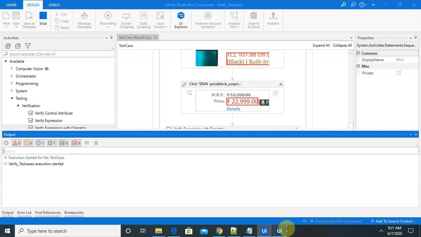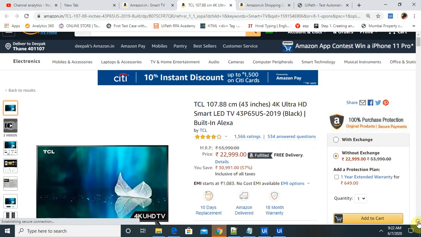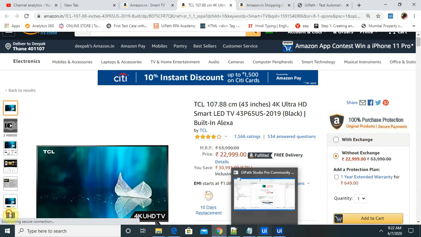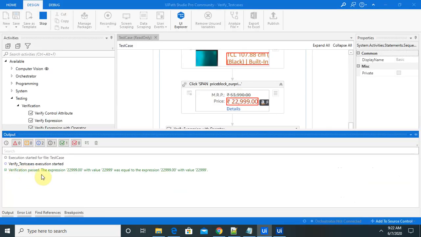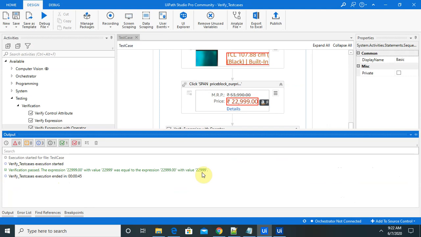Now you can see the robot is launched. You can see once it reaches this point, execution shows here as verification passed and the value matches with this value.